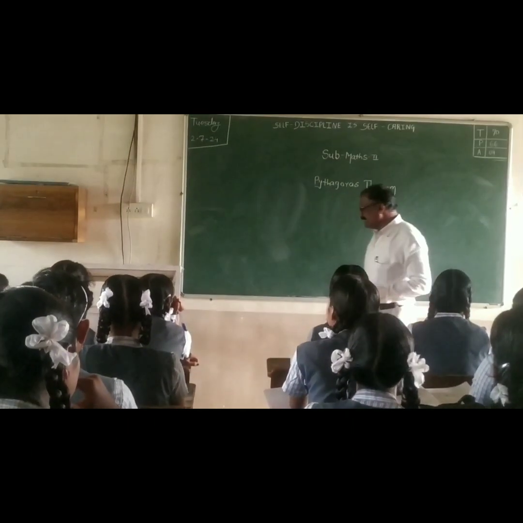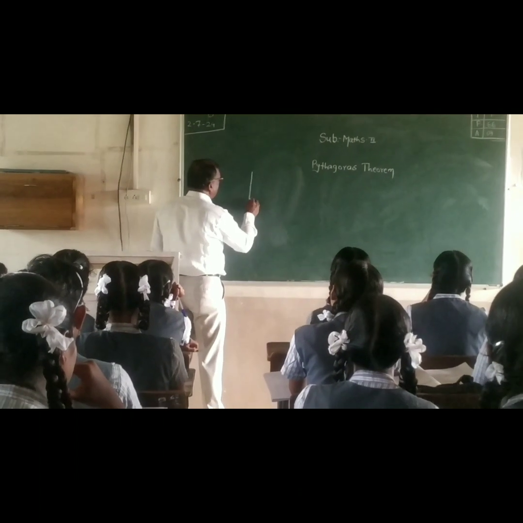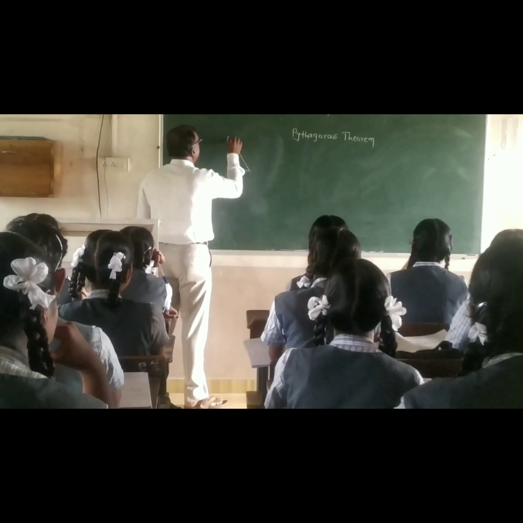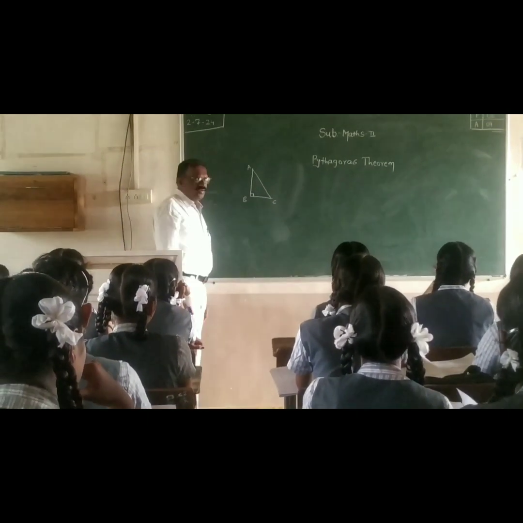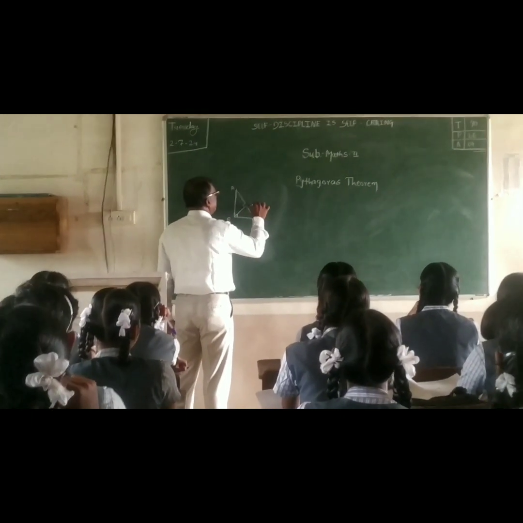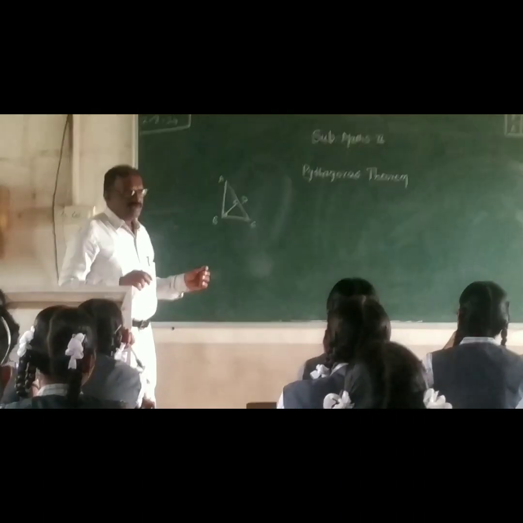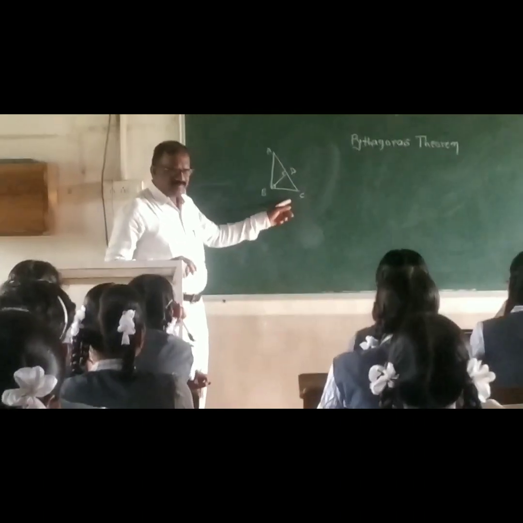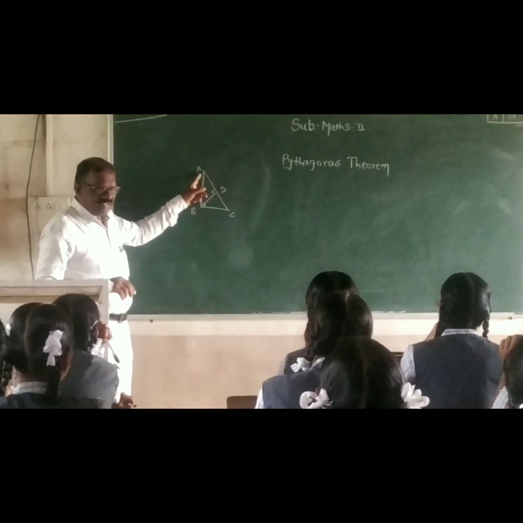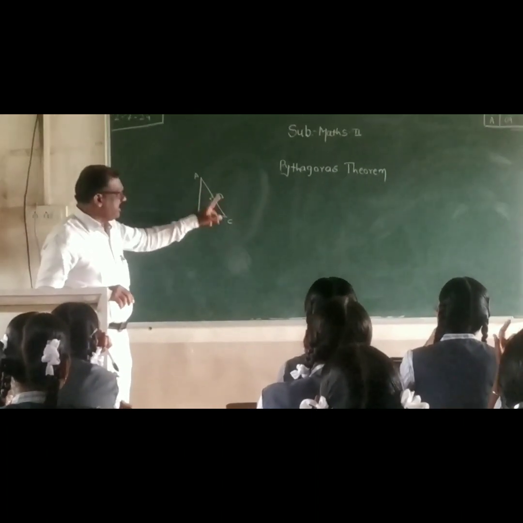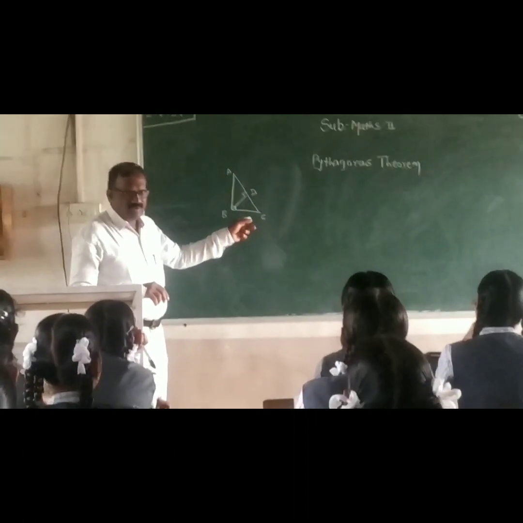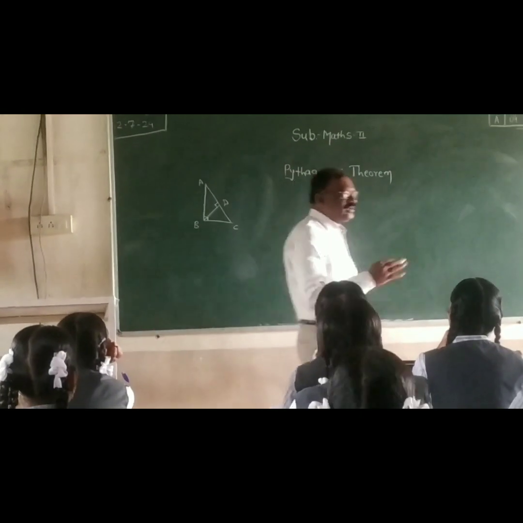When a right angle triangle is there, for example, here such a right angle triangle, triangle ABC, and you draw a perpendicular on the hypotenuse this way, naming the foot D, then you already know that triangle ABC is the original triangle, then triangle BDA is another triangle, then triangle BDC is another triangle. How many triangles are formed here? Two triangles are formed, and the original one.